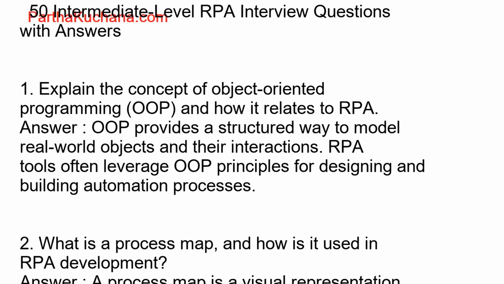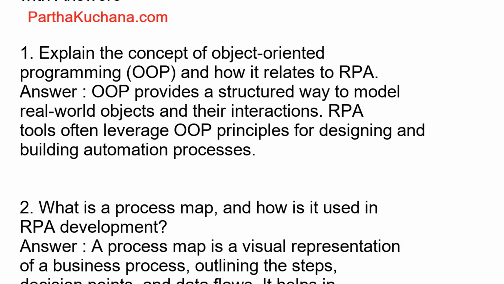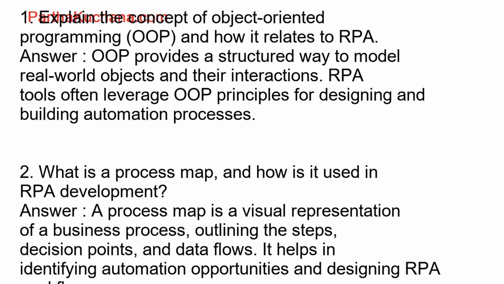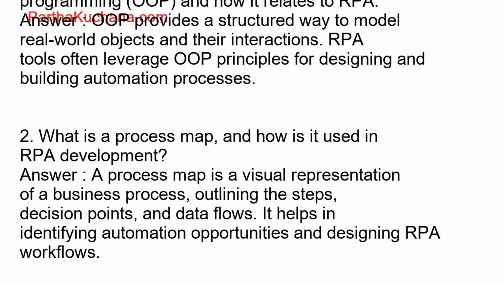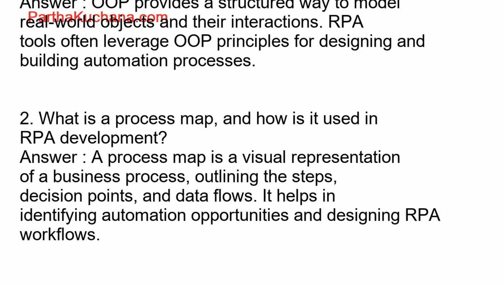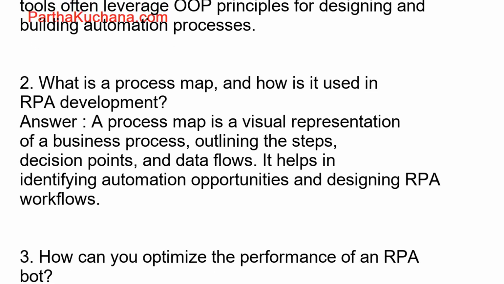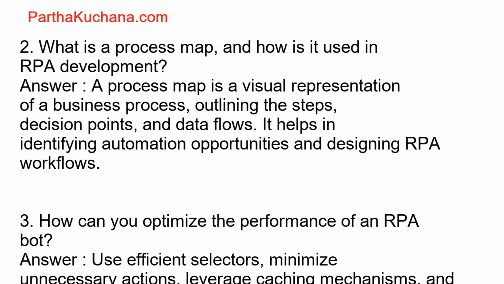3. How can you optimize the performance of an RPA bot? Answer. Use efficient selectors, minimize unnecessary actions, leverage caching mechanisms, and consider parallel processing. 4. What is the role of a control room in RPA? Answer. A control room is a centralized platform for managing and monitoring RPA bots, providing visibility into bot performance and